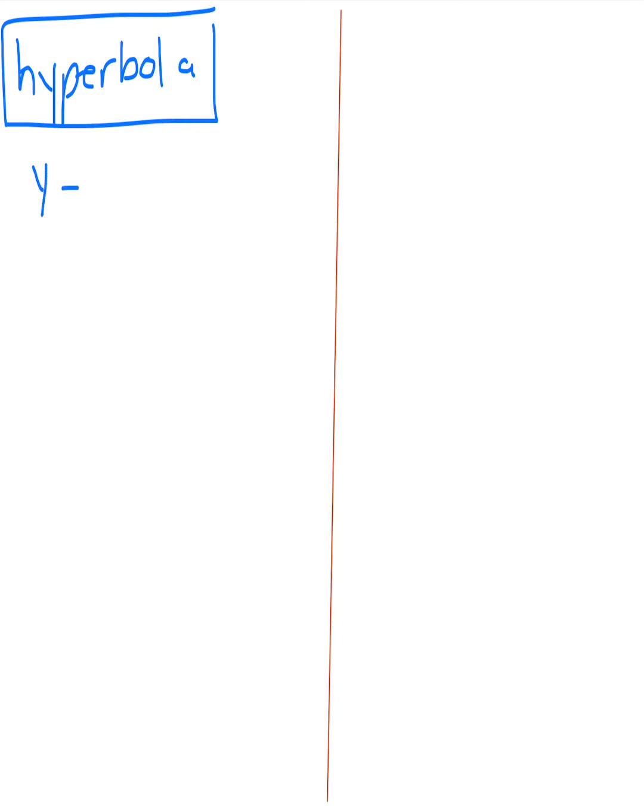Okay, so just further on the hyperbola, I just want to do vertical and horizontal shifting within the same function. So say you have y equals 1 over x plus 1, and then you go plus 2. So you have two types of shifting here. One, you have the effect of this x plus 1 here, and the other one you have the plus 2. So when you're looking at these here, basically